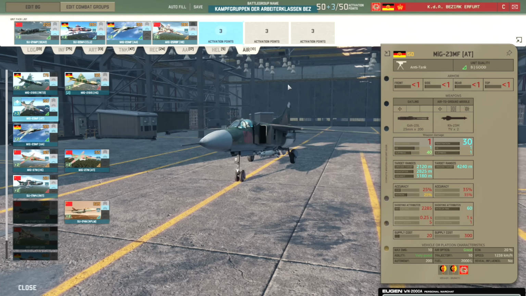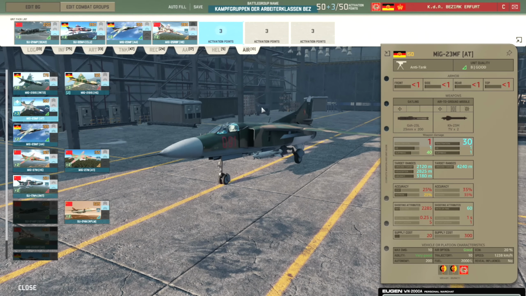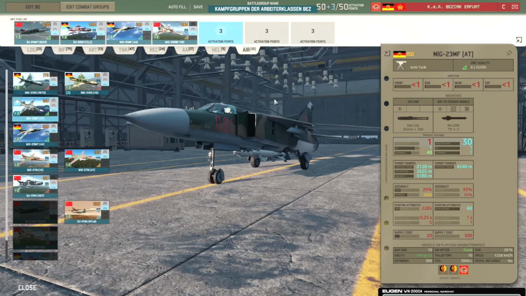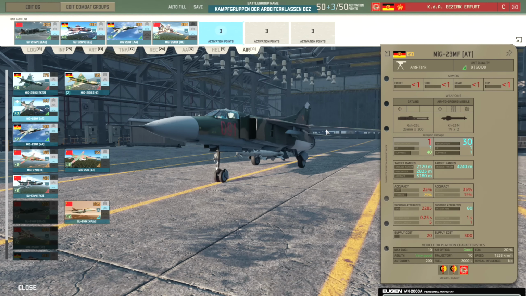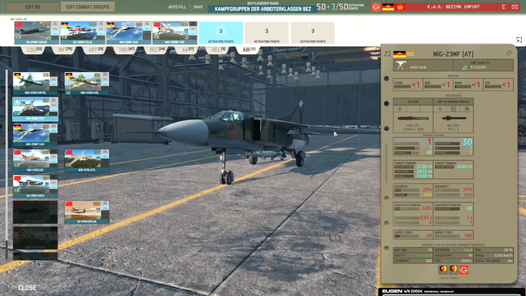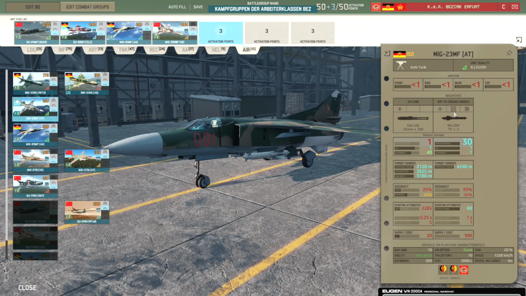Then there's the MiG-23 MF AT. This has the KH-23M, which is an air-to-ground missile. Has the 30 penetration at 4,240 meter range. Unfortunately, the accuracy of these is really low. So whilst the AP value is really nice, the accuracy is really low. You also only get 20% ECM. So that obviously sucks, but yeah, I don't really know